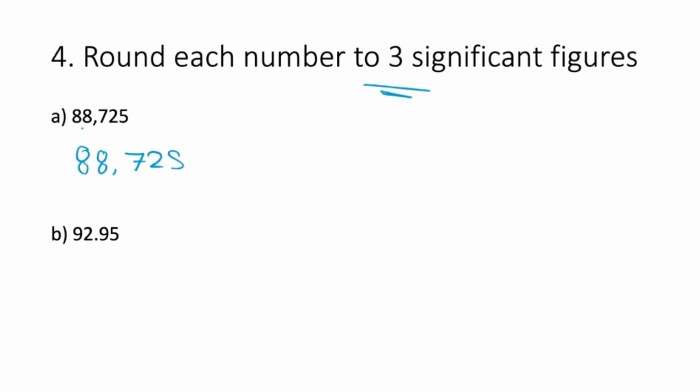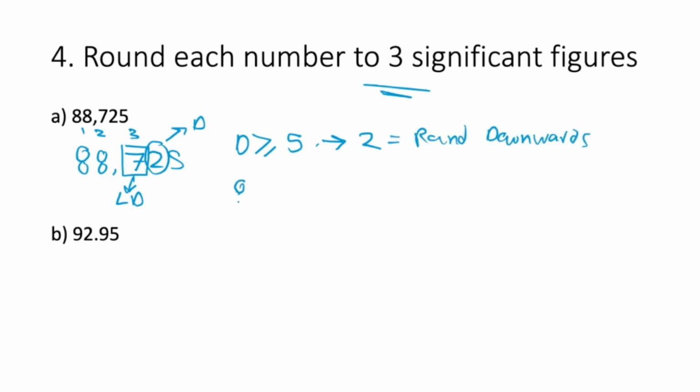So you would count from left to right. So 1, 2, and 3. So 7 is the last digit, and 2 is the decider. In this case, remember, the decider has to be greater or equal to 5. But in this example, it's 2. So we round downwards. So the answer would be 88,700. Next one,